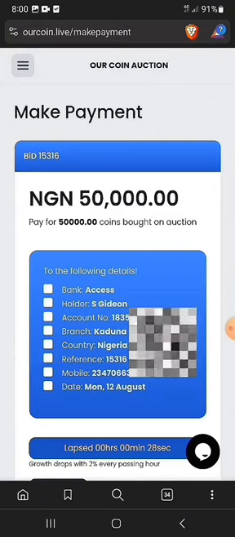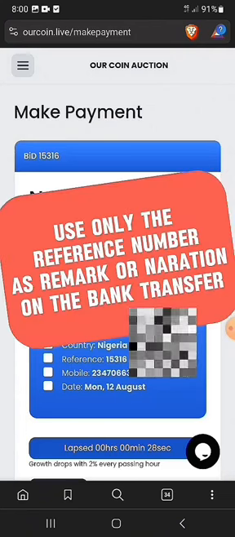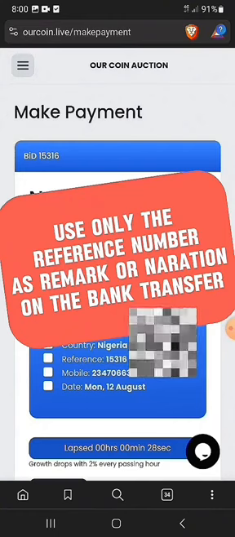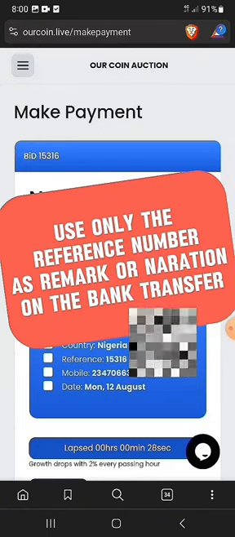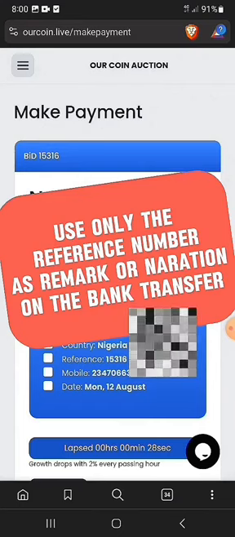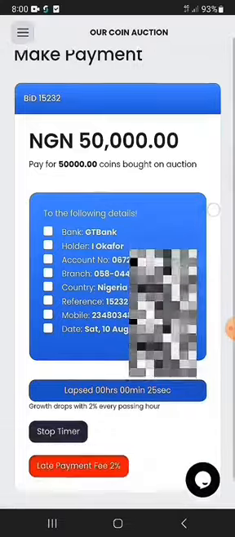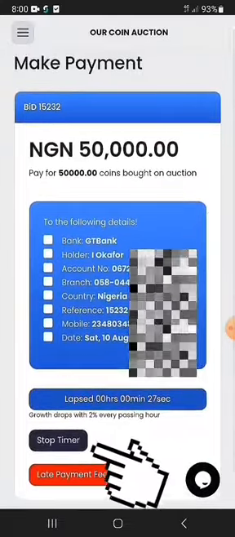So every time you are paying, there's a reference number. You can state that reference number as a narration instead of any other thing. Don't even say bid, just type the reference number. In this case, all that I would type will be 15316 as a narration. I hope that was okay. Having done that, take a screenshot of the receipt,